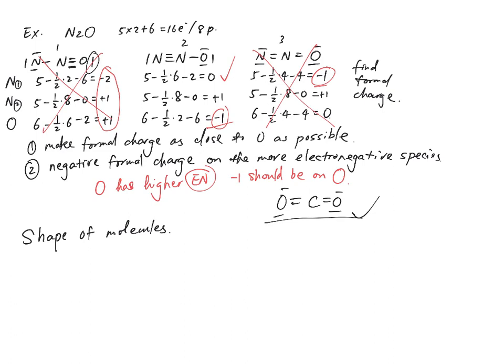And when we draw Lewis structure, we have central atoms, non-central atoms, okay? And really, you can draw it however you want, as long as you're showing the electrons, as long as you're showing the electron pairs, as long as you get your bonds correct, you can draw it however you want, okay? But